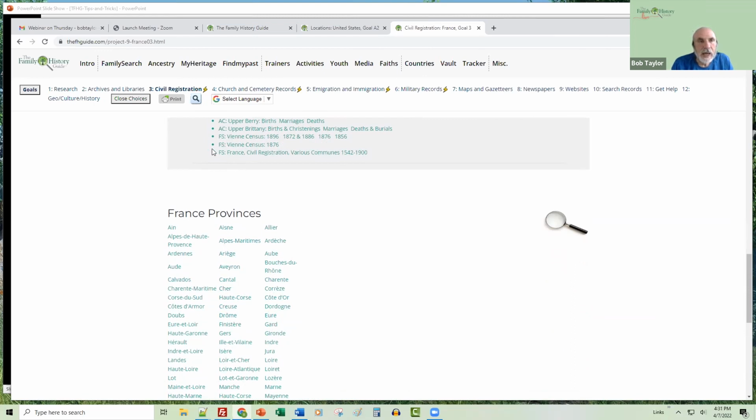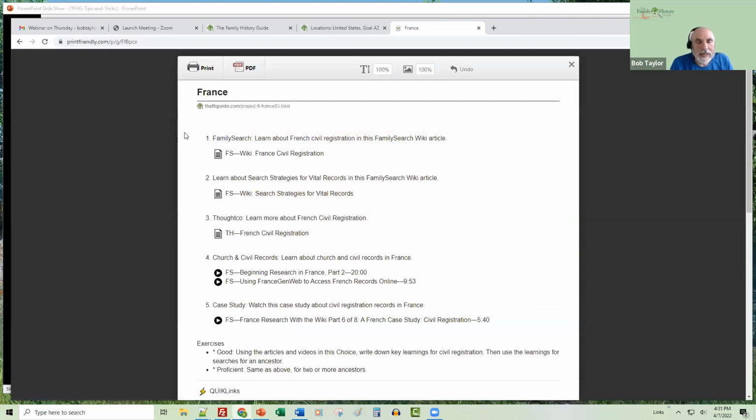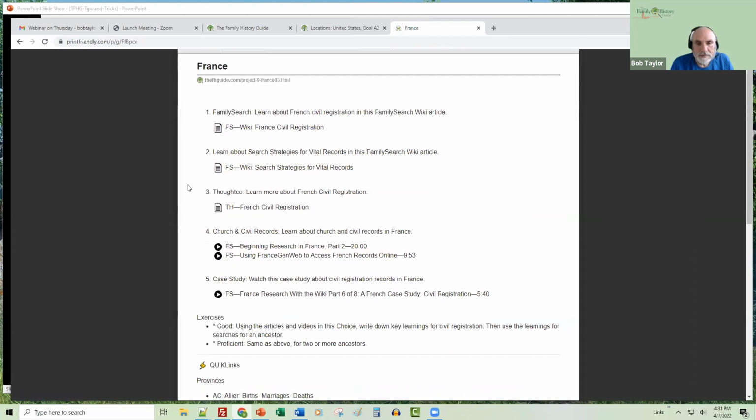All right, another thing that is handy in the Family History Guide as a tool, as we're talking about tools, is the selective print. So up here in the print area, this is on every page, not just for France, of course. So if I click print, basically sometimes people ask us if there is a printed version of the Family History Guide, and the answer to that is no, there's not, because A, it would be extremely large, and B, it would take a lot of work to maintain it. So what we do is we use this print-friendly tool, and you'll notice that the content